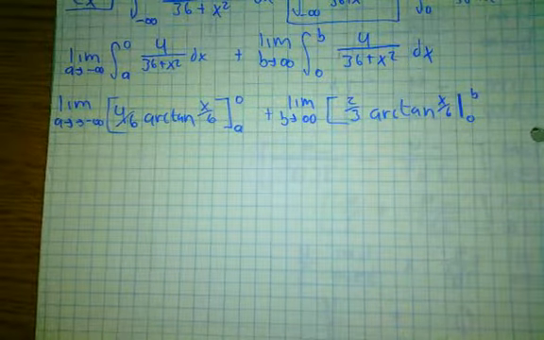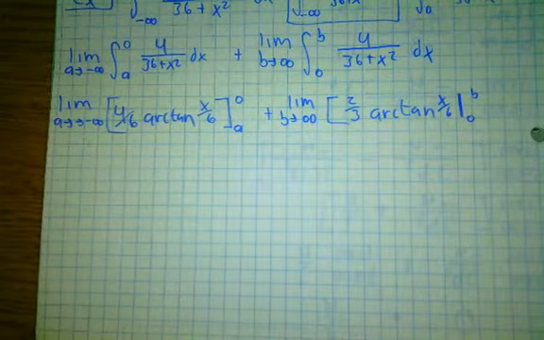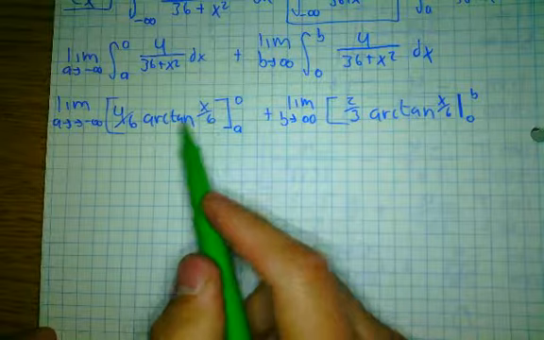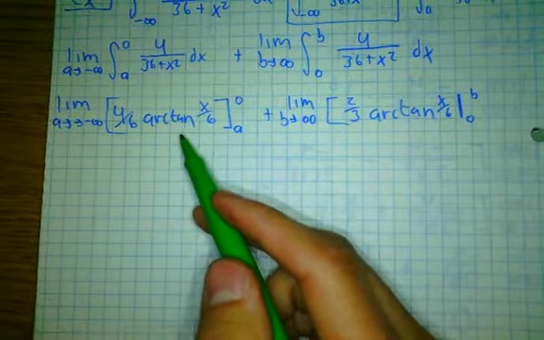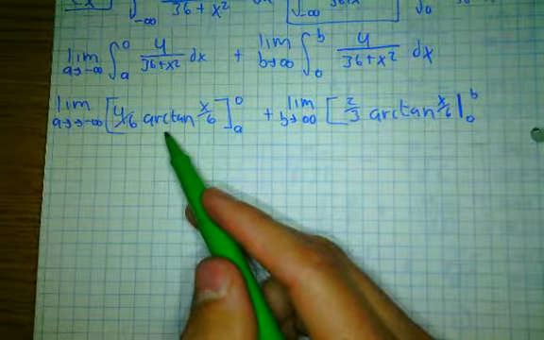Okay, so here's where we're at. Now we're going to apply the fundamental theorem. So on this very first one, we've got to plug in 0 first. 0 over 6 is 0. Okay, what's the arctangent of 0? 0. If you forgot from pre-cal, what this is saying is, hey, where on the unit circle